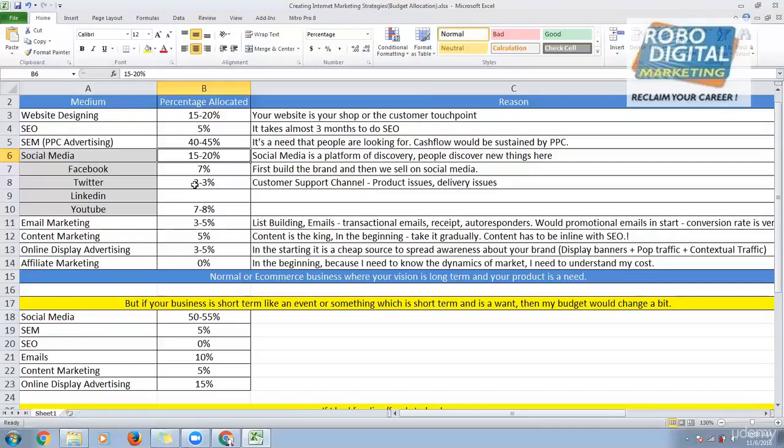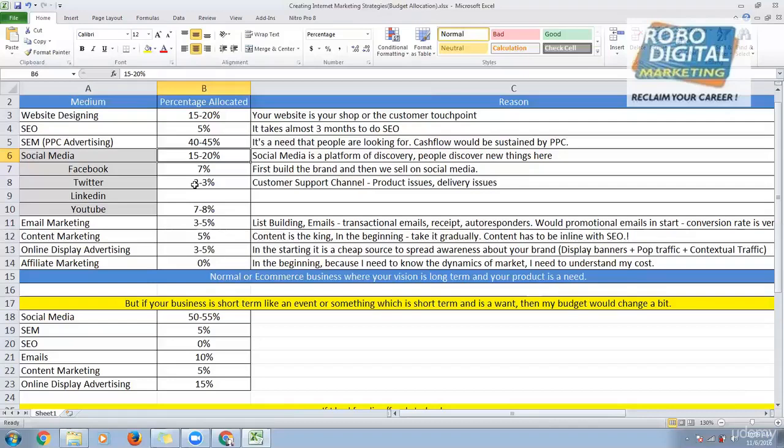It is a slow process, no doubt, but it will let you grow for a long term. Because the content which I wrote even 3 years back, people are still reading it. So that lets me grow. That will continuously give me customers. Not right now, it can give me exact values, but over a long term,